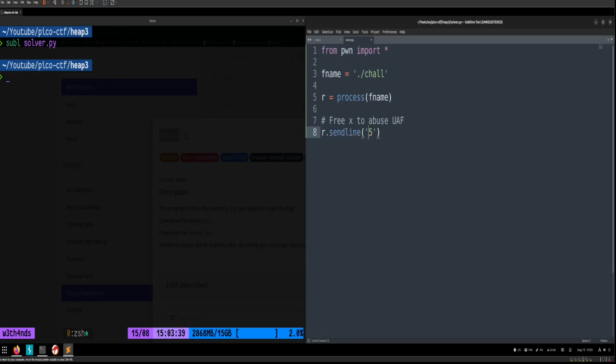5, and then reuse the same chunk by allocating a chunk size between 0x20 and 0x30, r.sendline, and we send option 2, allocate data, r.sendline 40, 0x28,